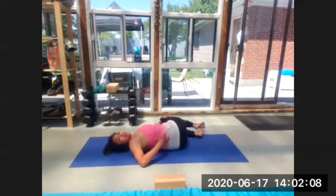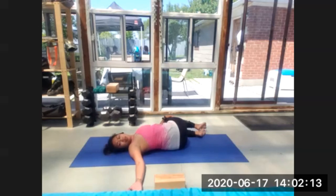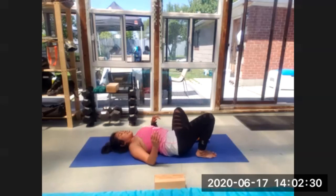Inhale to lengthen the spine, extending the hips away from the ribs. Exhale, opening up your chest. Looking in the opposite direction. Breathe deep. One more deep inhale. And then as you exhale, go ahead and take your toes back to the center,